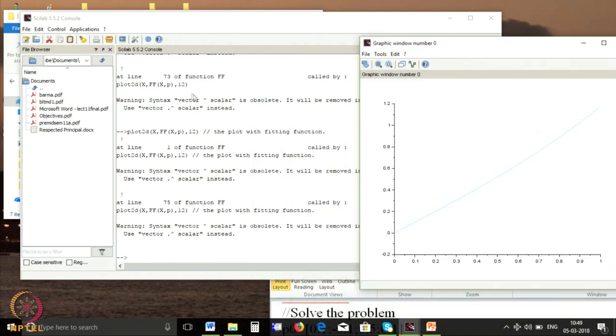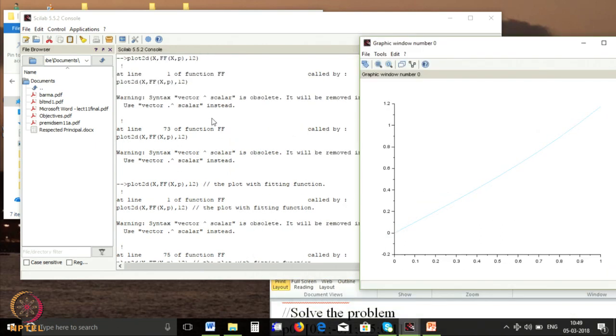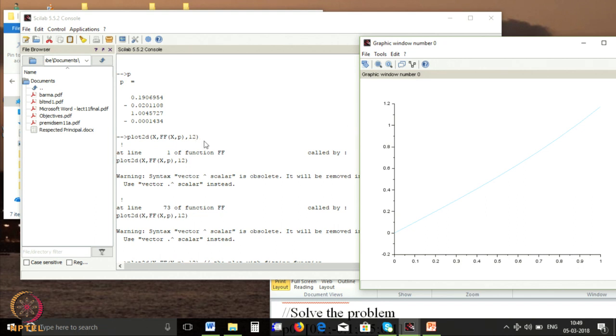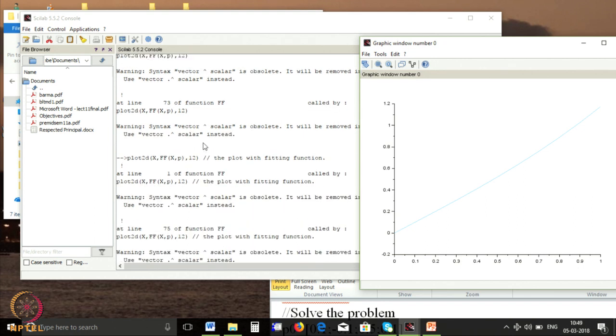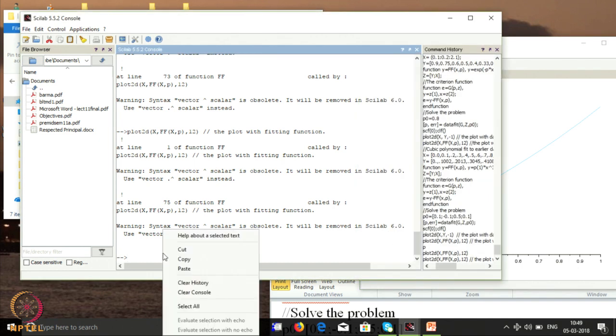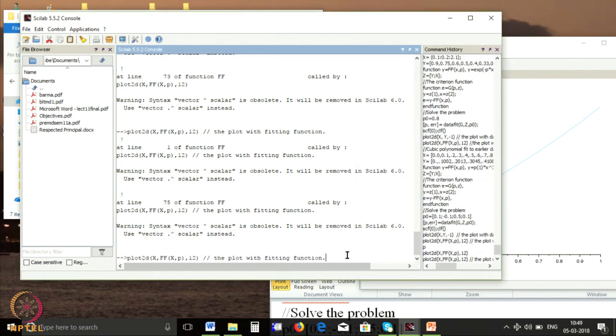Now let me also plot, this is the fitted function. What was my original function? The original function was x comma y. This is the plot you see on the right hand side, it is the fitted function. Let me try again, paste. It just gave a warning, because I think what this warning says is that Scilab 6 is going to make some alterations from my original Scilab 5.5. So, you will have a better version when you download. I will just execute.